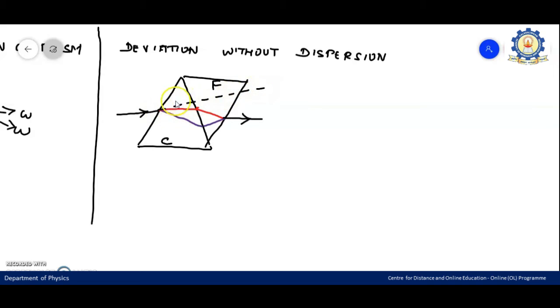So this deviation can be marked like this. If I extend the incident ray as the reference, this is the deviation produced in the first prism and this is the deviation produced in the second prism. Let me differentiate with the help of primes. The angle of the prism of the crown glass prism can be marked as A and the angle of the prism of the flint glass prism can be marked as A prime. So this is the white light which is incident on the crown glass prism. Now let us write the equations for the crown as well as the flint glass prism.